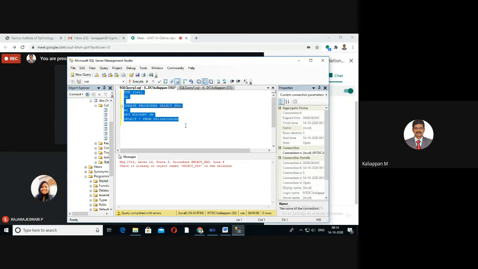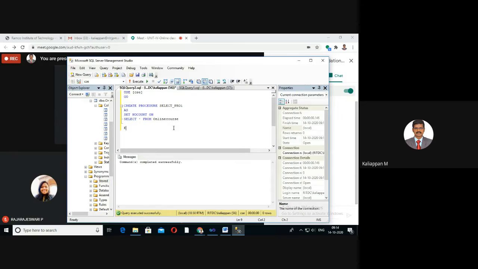Here I have already created a procedure with the same name, select_pro, so I get this error message. Just change the name, select all the statements and click on execute. Command completed successfully. Then how to execute this stored procedure?